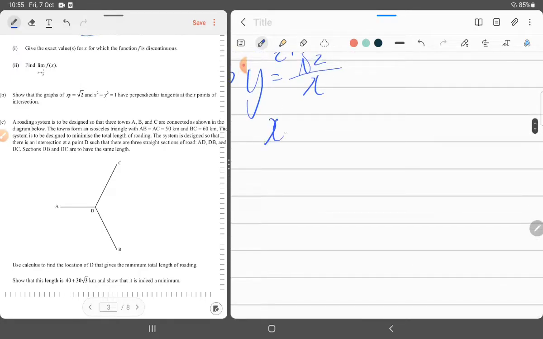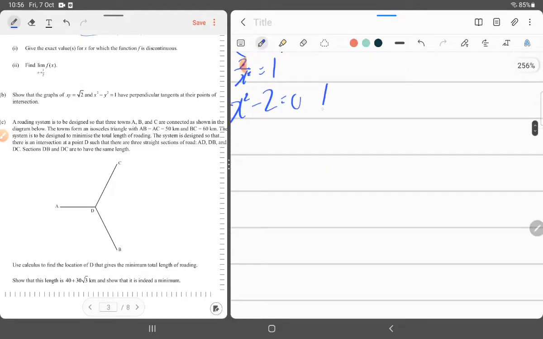Replace this into the second equation, so x squared take away 2 over x squared equals 1. You can rearrange that to x to the power 4, take away x squared, take away 2 equals 0,